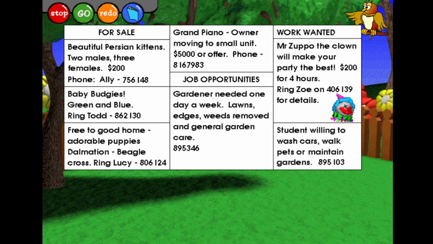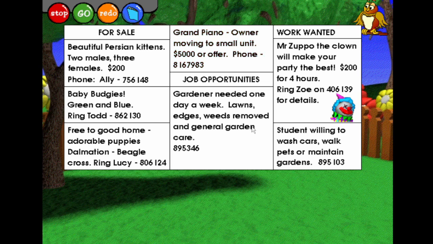Read the advertisements. Click on the advertisement if you would like me to read it. Beautiful Persian kittens. 2 males, 3 females, $200. Phone Ali 756148. Baby budgies, green and blue. Ring Todd 862130. Free to good home. Adorable puppies. Dalmatian Beagle Cross. Ring Lucy 806124. Grand piano. Owner moving to small unit. $5,000 or offer. Phone